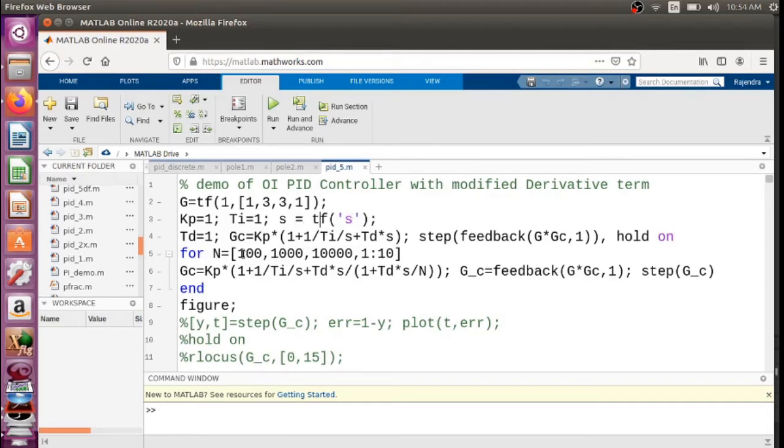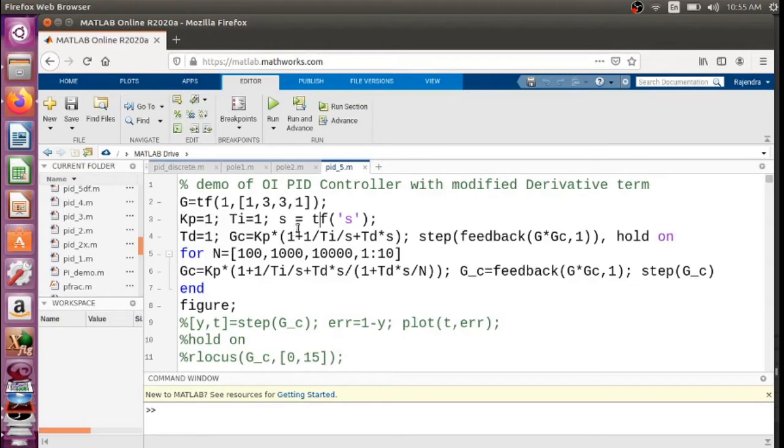Henceforth, whenever we refer to any particular system, we can directly write the mathematical expression similar to other code, and we can write s as a variable. It accepts it. We define Kp equals 1, Ti equals 1, and Td equals 1.